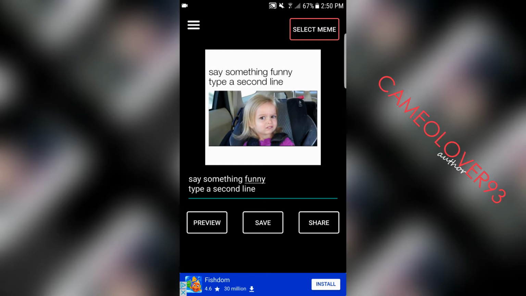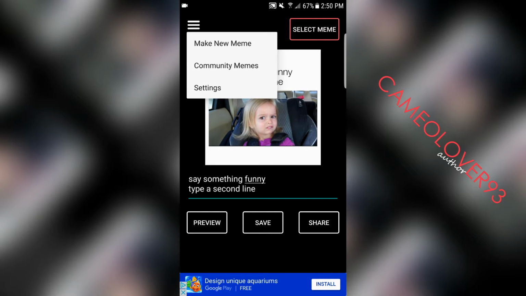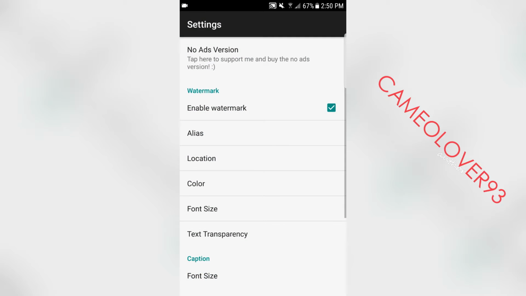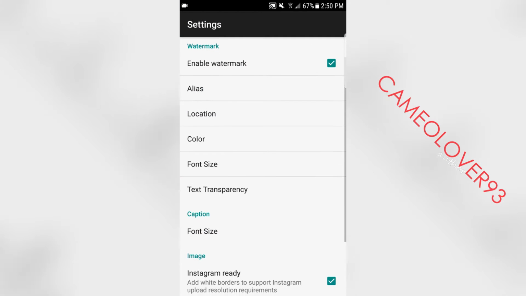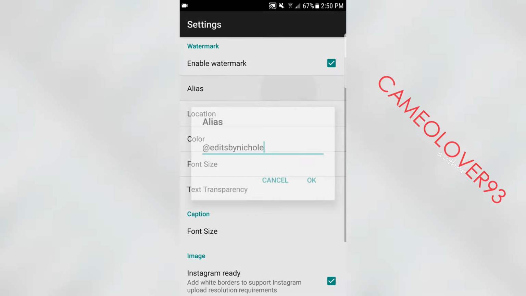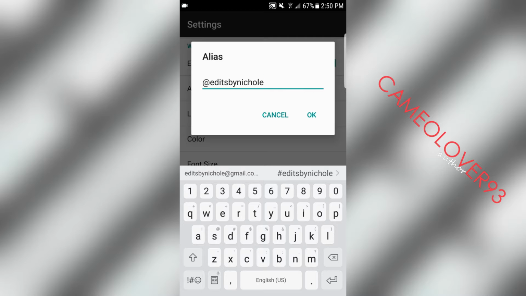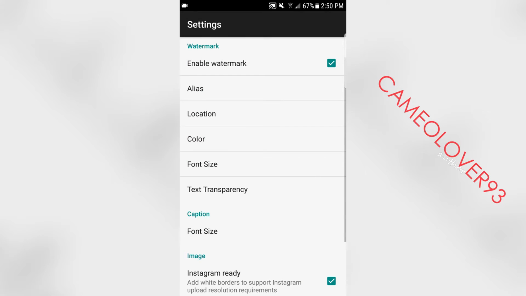Now another thing that you can tweak, if you go in the upper left hand corner, select that little icon of the three lines. Make new meme and community memes aren't available to use yet. The app is kind of brand new, so you can't do anything with those tabs, but if you select settings, you can enable a watermark. So if you go by something, or if you want, of course I hope you would want credit for your work, then you can click on alias, type in your name, hit OK, and it's going to show up